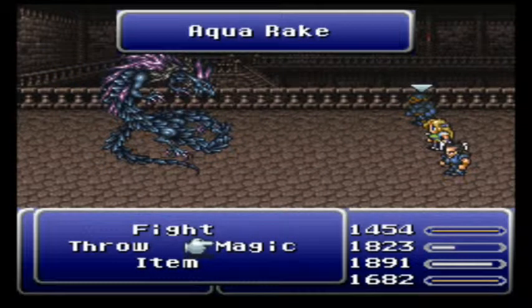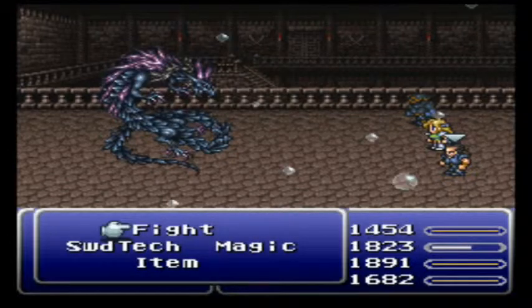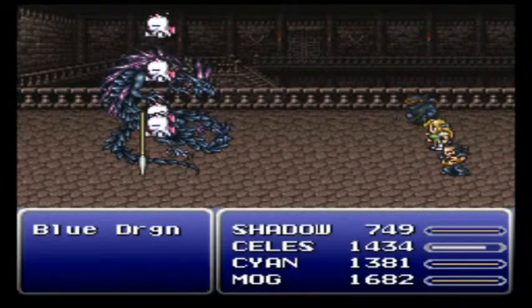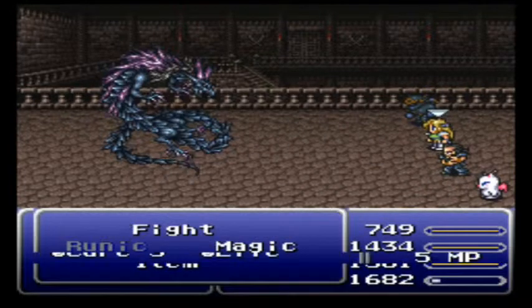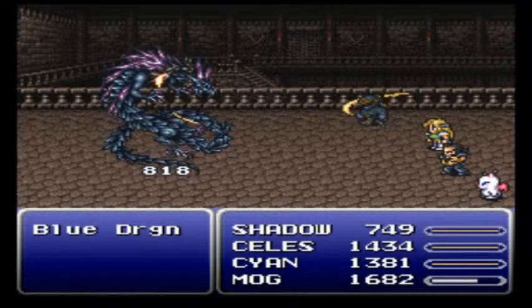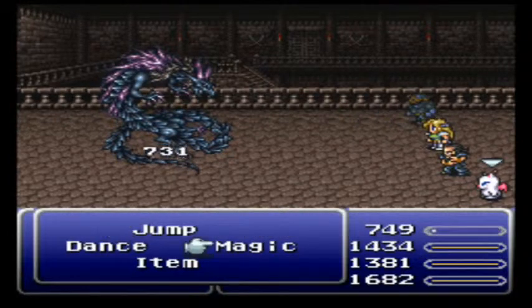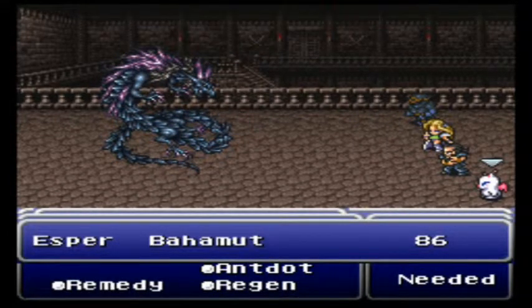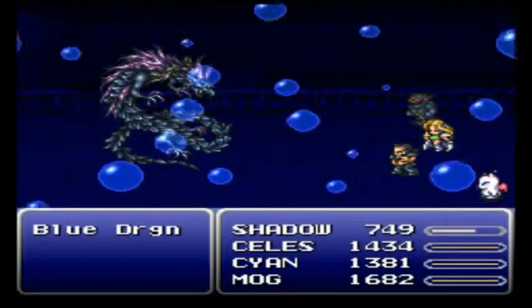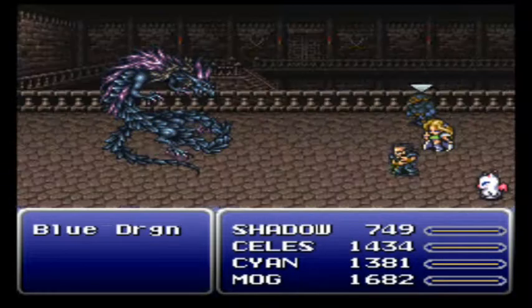He casts really strong water attacks. I shouldn't have done that, but we'll see Bismarck. I haven't seen Zone Seek, so let's check out Zone Seek. He has the ability to use Rippler, and I've done something I shouldn't do. Bahamut. I've brought Shadow in. You should not have Shadow...